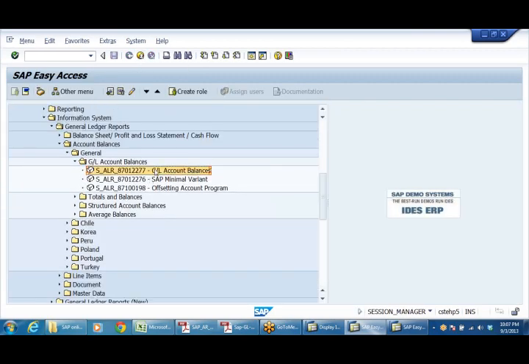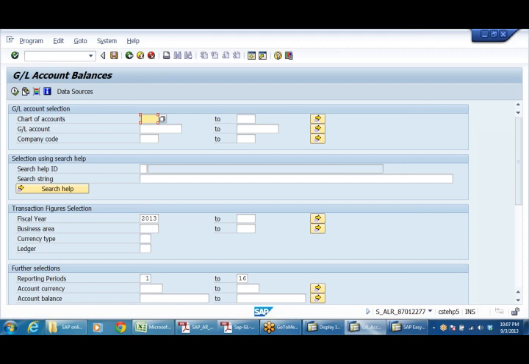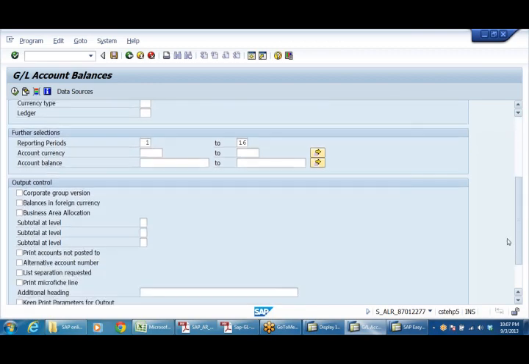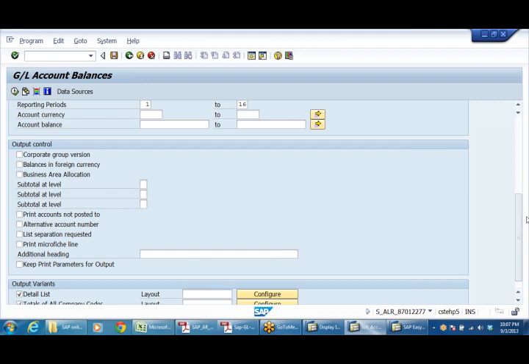But with the document date also we can display the account balances. How do we do that with the document date? See here, document date, posting date, when you are posting in the special period, the system takes only this current year.